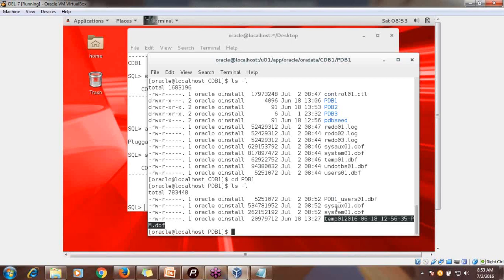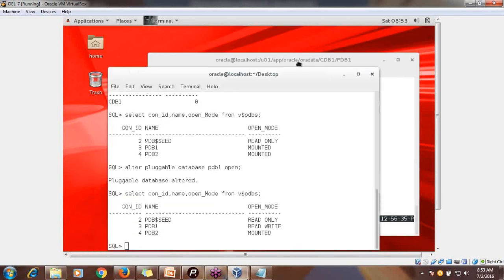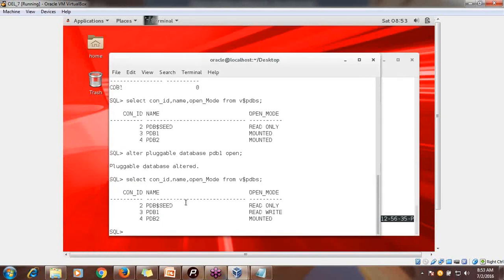That is everything is common. System, sysaux, the actual tablespace where you are going to store your data, and the temporary tablespace. Fine. So this is the PDB level physical architecture. Fine. So all this information you can find out from here. If you want to open the other pluggable database, PDB2 open.